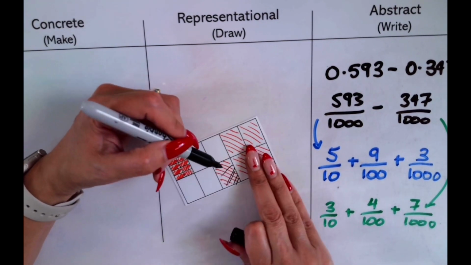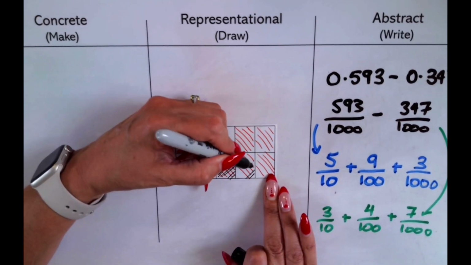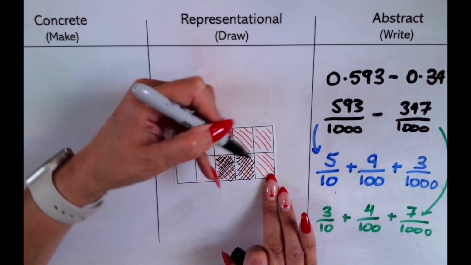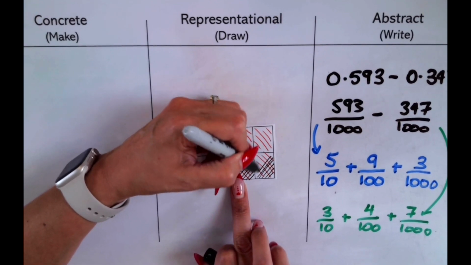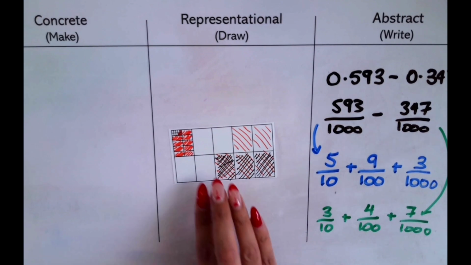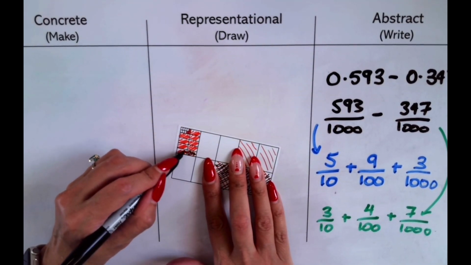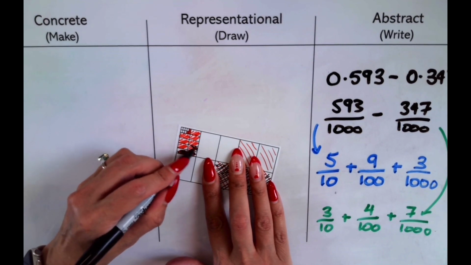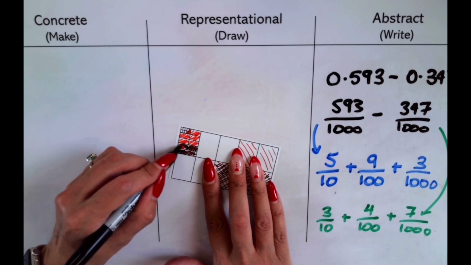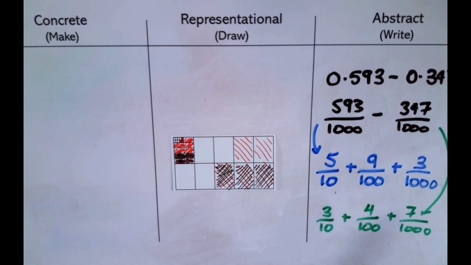So I'm going to do this. Oopsie. So I'm going to remove this one. 1, 2, 3. So that's 3/10, 4/100, 4/100 there, and